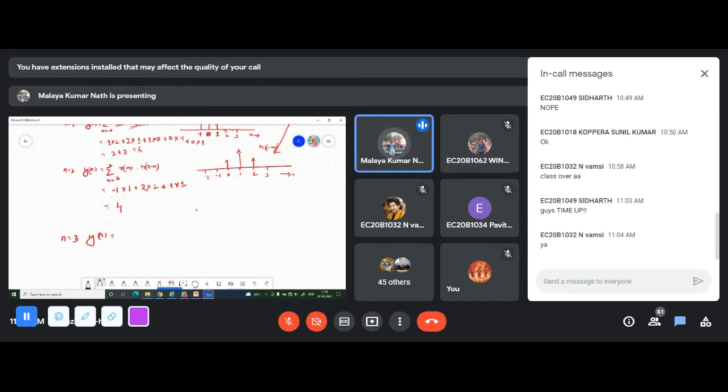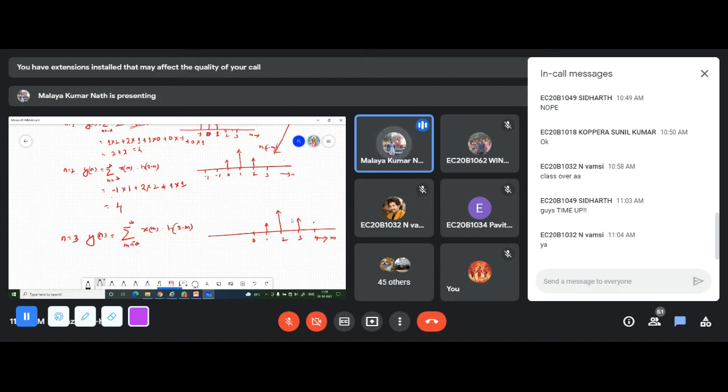Your y of n will become equal to summation m is equal to minus infinite to infinite x of m into h of 3 minus m. So what does it mean? That means this signal is moving 3 units. So I can write this is your m. So whatever this is equal to 0, 1, 2, 3, 4. So this will become equal to 1 now. At this value, it will become equal to 2 units. This is equal to 1. So now this will be multiplied with your x of m. Are you getting my point? Or anybody has any doubt?